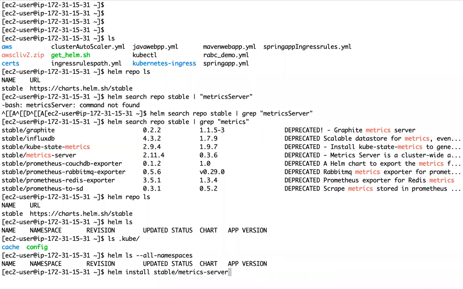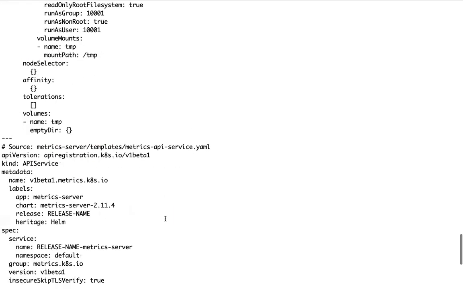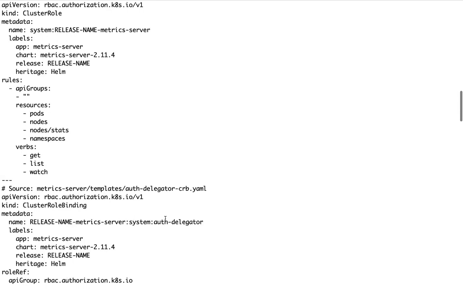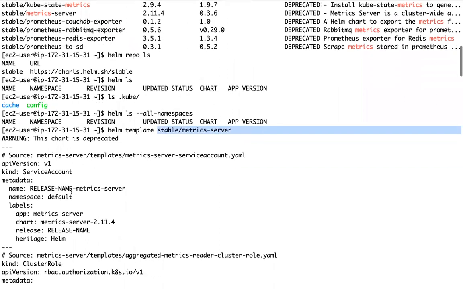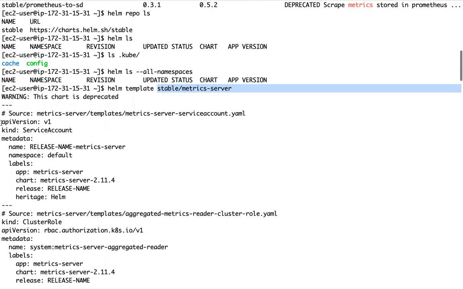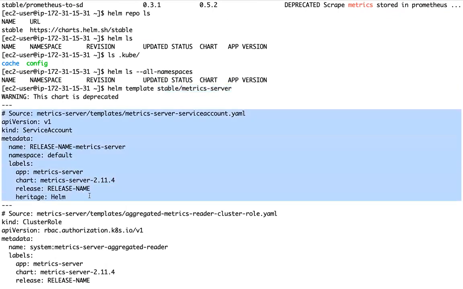I'm not installing as of now. I'm just going to show we have one command called helm template. I am giving the chart name. So if you see, what is it going to deploy? Do you see, is it creating a service account?